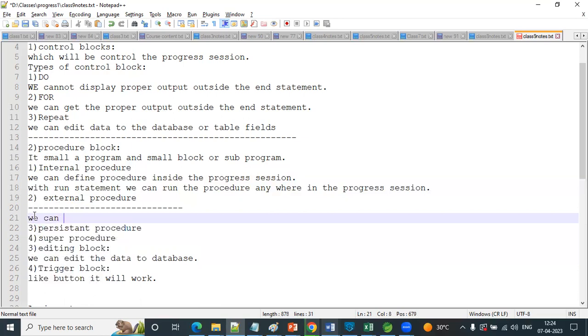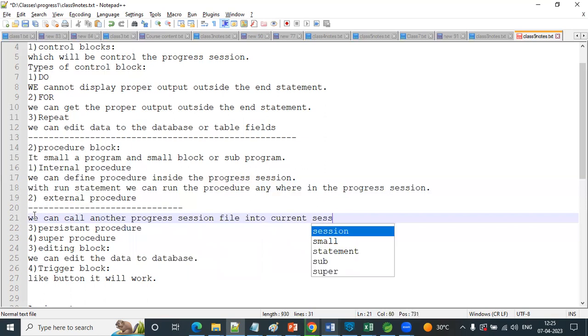We can call another procedure, another progress session file, into the current session. Okay,